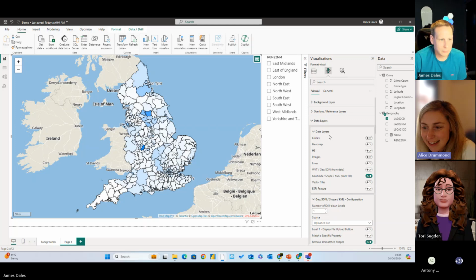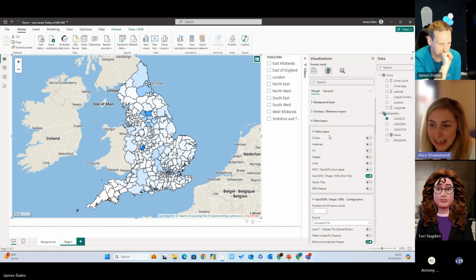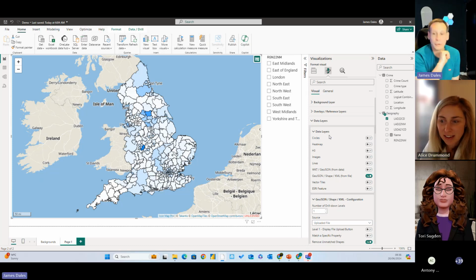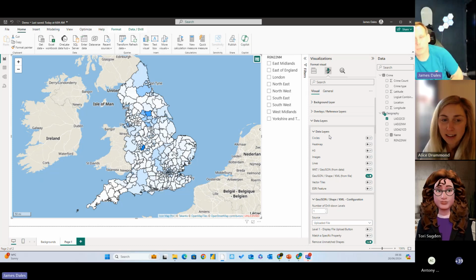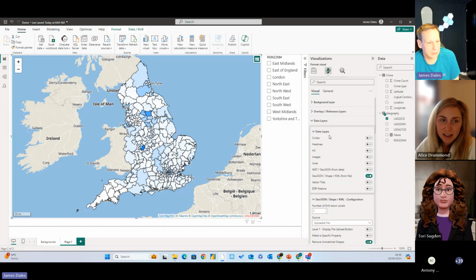James, we just got a question in the chat from Anthony. Will support for GeoParquet be added to Icon Map Pro in the future? Oh, good question. It's on the backlog. That doesn't mean it's definitely going to be supported. I need to